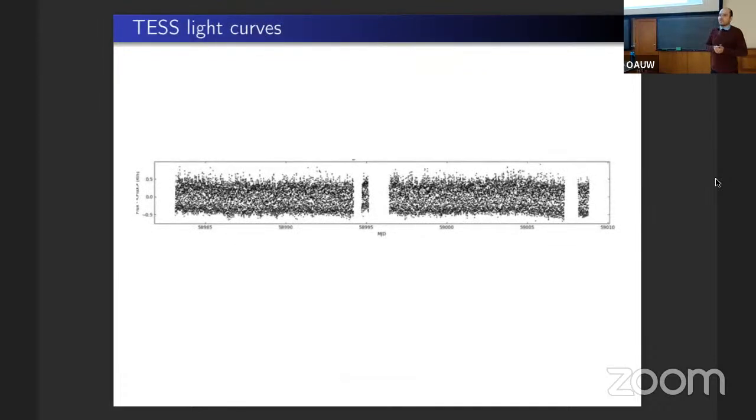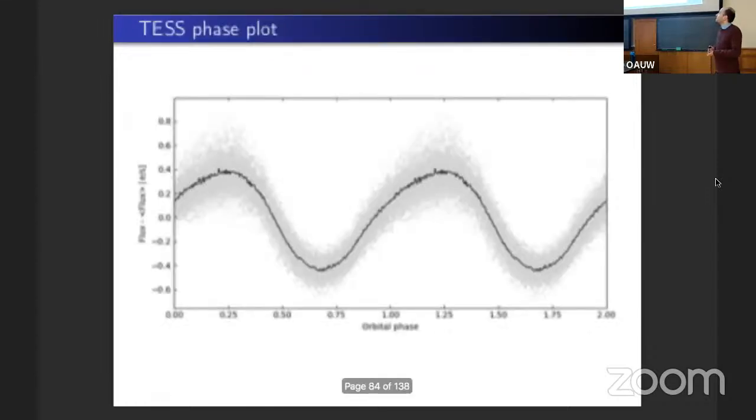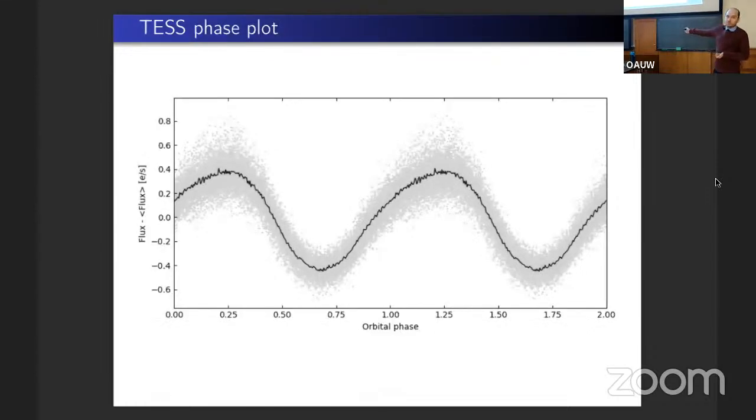So how do I study flickering in TESS data? I find any polar that has a pretty stable light curve, where we can see orbital variability but no long-term variability. And if there is any long-term variability due to secular changes in the telescope or something like that, I just flatten it out. The flatter the light curve, the better for me. Then I make a phase plot. This is how it looks.